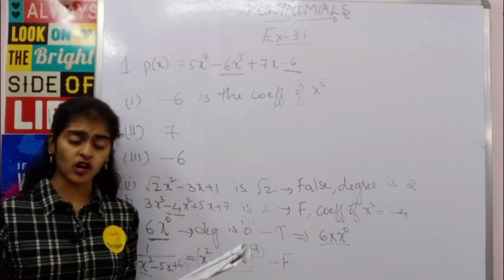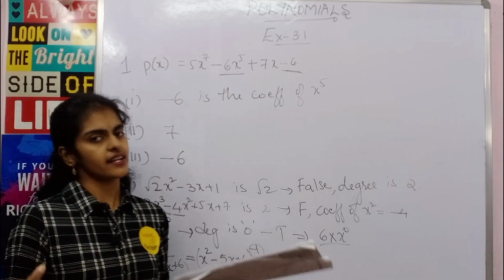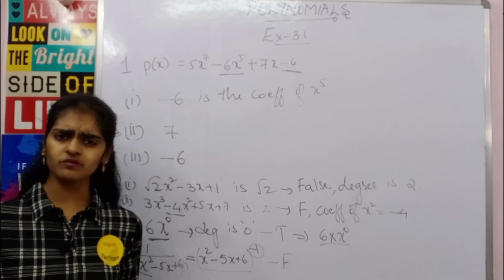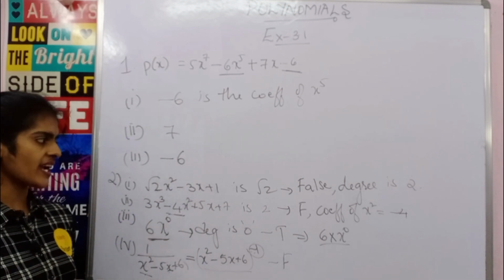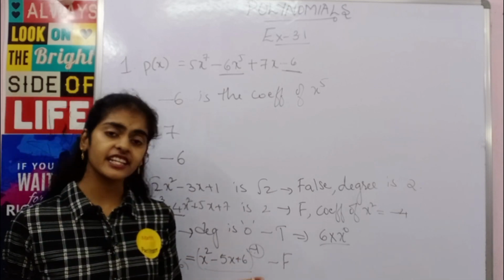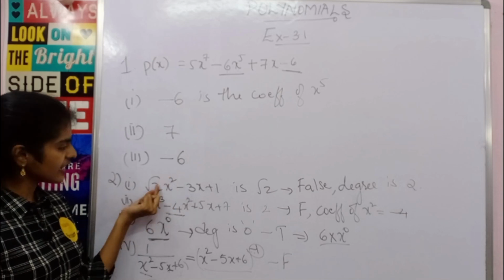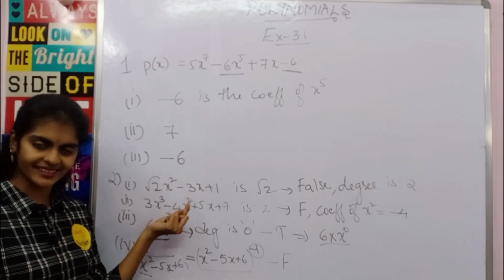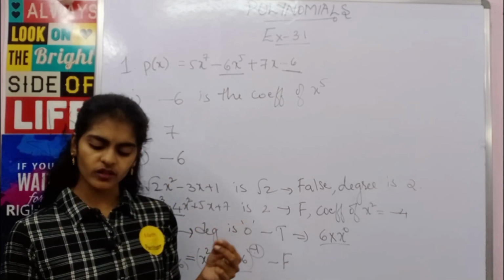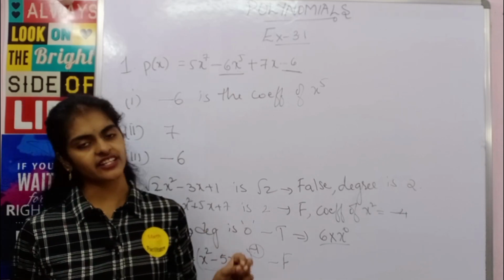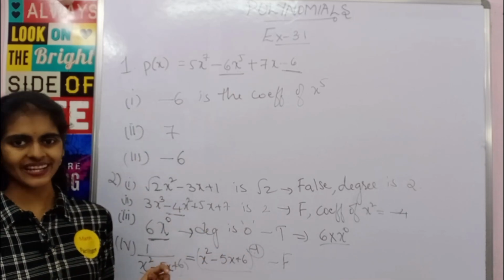The degree of a polynomial is 1 more than the number of terms in it. Is it true? No, it is false. Why? Simply, you know that the degree of a polynomial is the highest power of the term involved in the polynomial, right? So very simply, you will write it as false and you will write the definition of the degree of a polynomial. Okay, that is the reason.